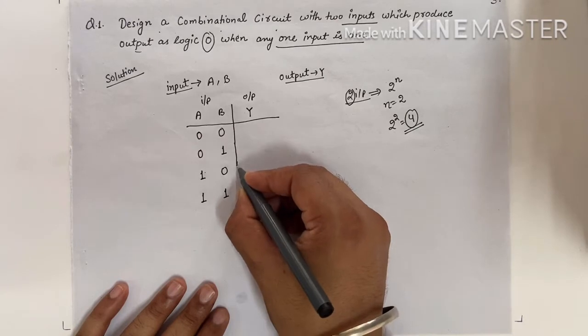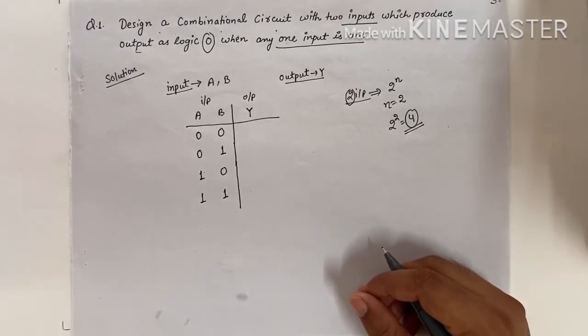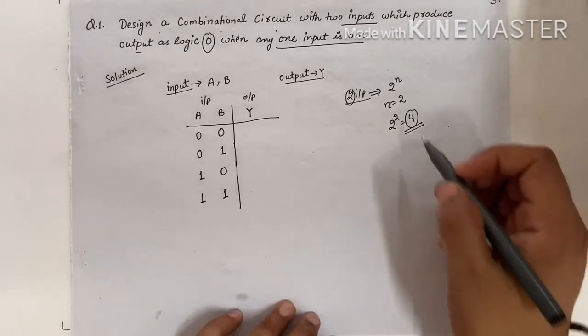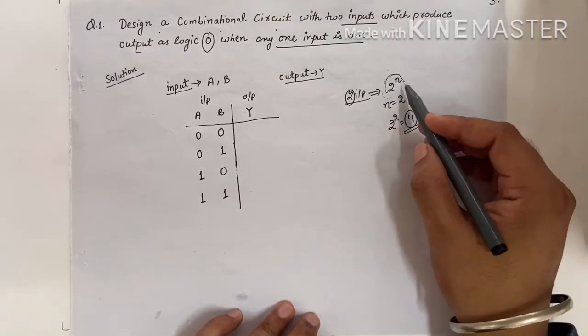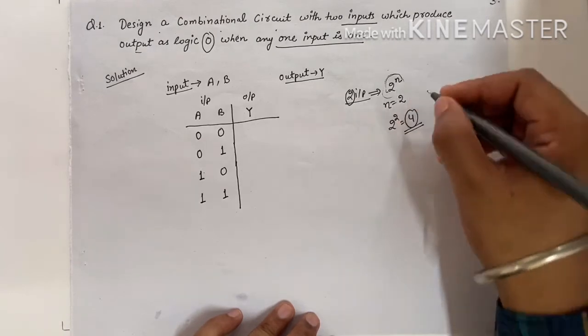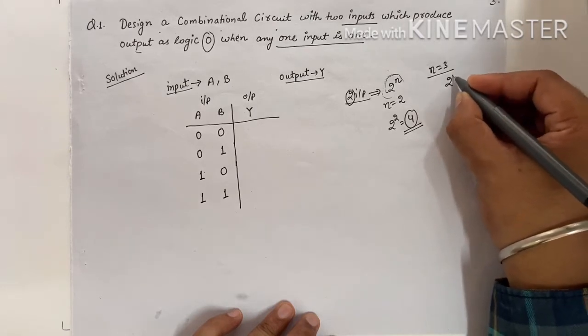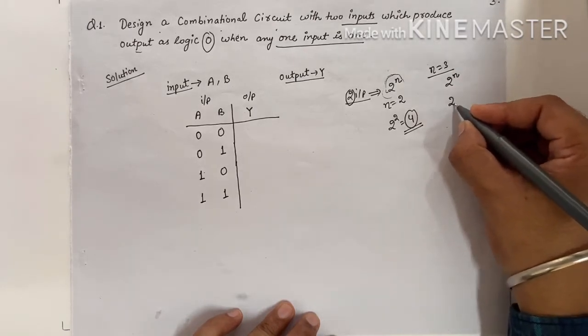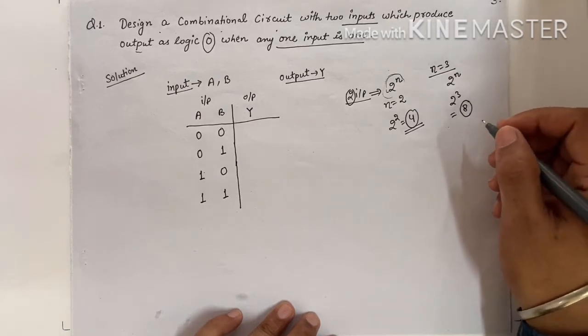We have learned in the K-map how we can write the possibilities of 2 input, 3 input and 4 input. If you do not understand, you will understand here also. 2 raised to the power n is the formula for the possibilities of input. If there are 3 inputs, then 2 raised to the power 3 equals 8, so there are a total of 8 possibilities.